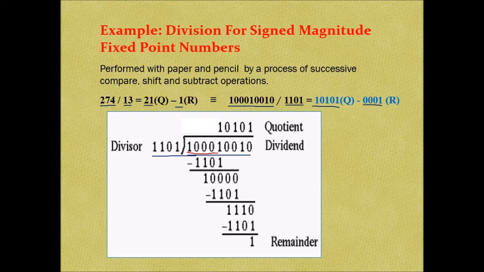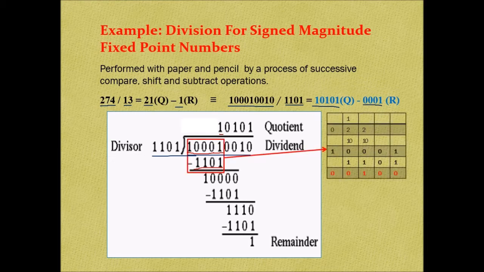So that's why we take another 1 bit. That means here the total is 5 bits. Now this portion of the dividend is greater than the divisor, so the division can be performed. Now we put 1 here, and this one is multiplied with the divisor and the result is here. Now we have to perform the subtraction operation. So let's see how we can perform the subtraction operation. Here this portion of the dividend is here and the divisor is here. Now we see how the subtraction can be performed.